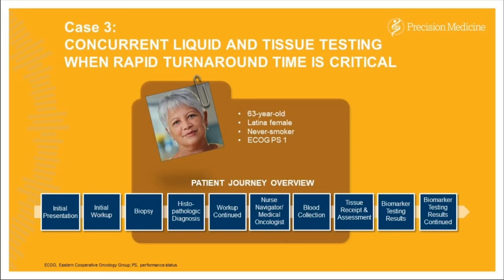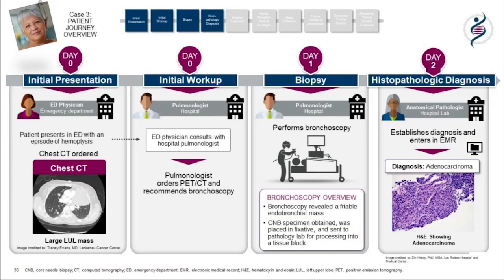So, taking a look at our clinical scenario, we're just going to do a single case today. This is our case 3, but this is the only one that we're going to cover today, where we have concurrent liquid and tissue testing when rapid turnaround time is critical. So on day 0, we have initial presentation of our patient. The patient presents in the ED with an episode of hemoptysis, and this is not unusual. They order a CT chest, and we see a large left upper lobe mass on the CT